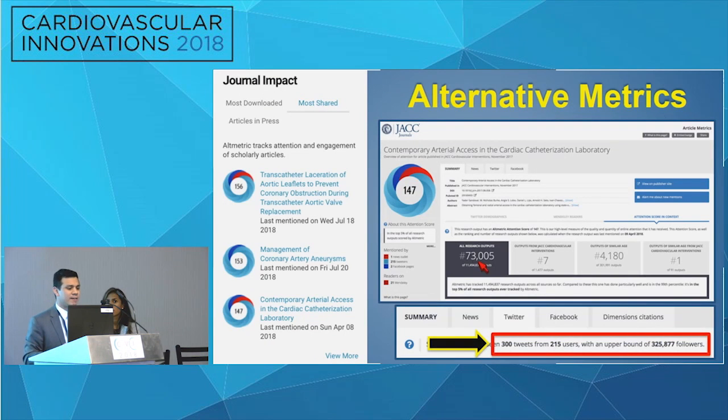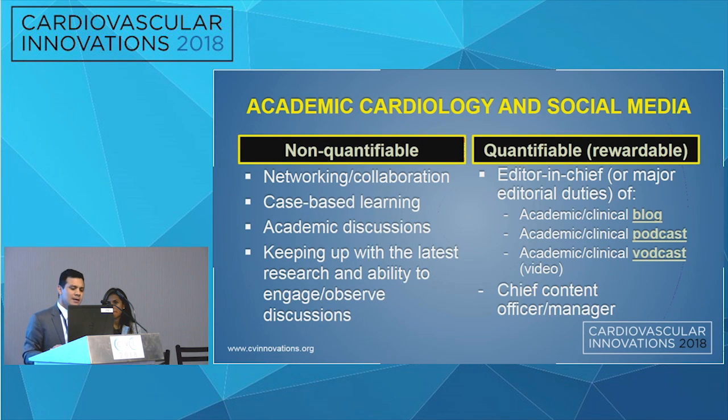And again, this is just, to the left, for example, how the JACC journals now will, rather than citations, show, to the right, and this is actually on the main page, the journals that have the most engagement. This doesn't necessarily mean that the paper is good or bad. It just means that there was a lot of engagement. So I think both Sheila and Chadi have talked about this.